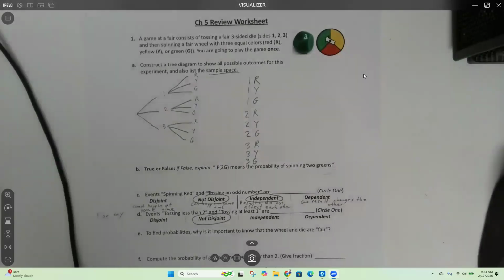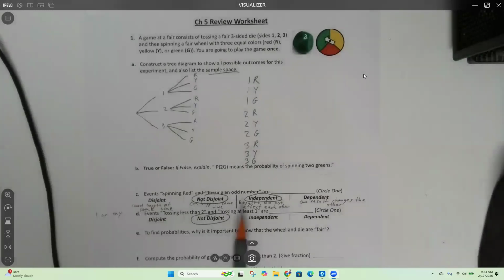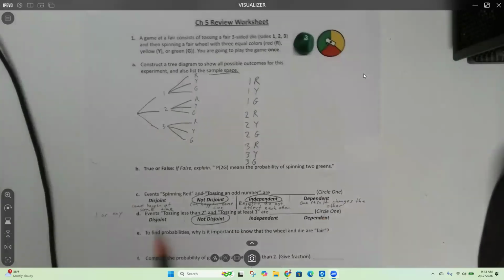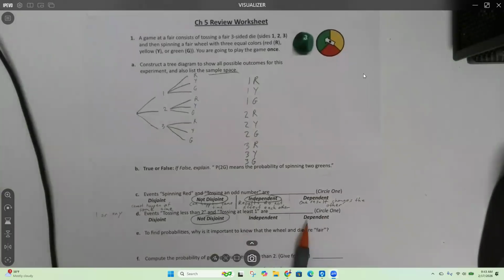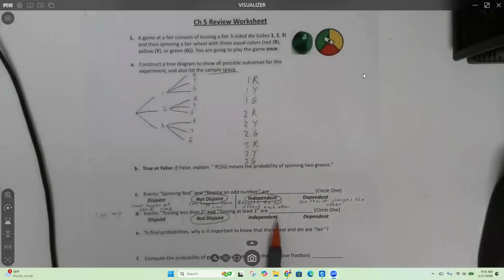Yeah. And then again, it says circle one. If you've answered one, we can move on. Okay. If you really want to know if these are independent or dependent, technically these are dependent. Yeah, that's going to just be confusing. We're not going to go into that. Okay. We'll talk more about independent and dependent as we go. We'll see more of that on the next page.